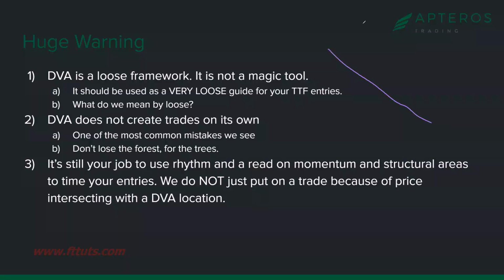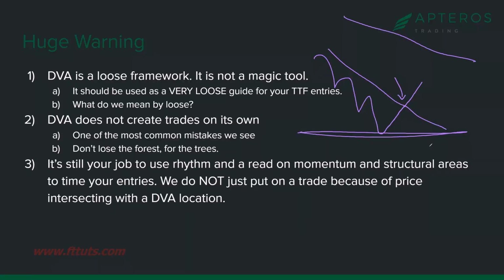Price is imbalanced down, and it doesn't matter what may have happened or what the narrative might be or whether we've already hit a destination, and you see somebody get short right there just because they've been taught that that's technically what we call an imbalance pullback, and they just get absolutely run over. There was no shift in momentum. The trade didn't even make sense relative to narrative. Maybe we should have been bullish from this area, and they're taking this trade because DVA, quote unquote, gave a shorter term setup, if you will, right? But they didn't use context.